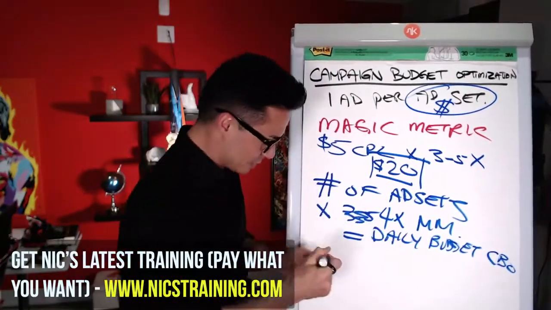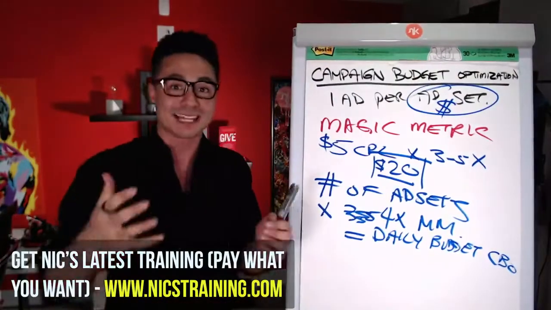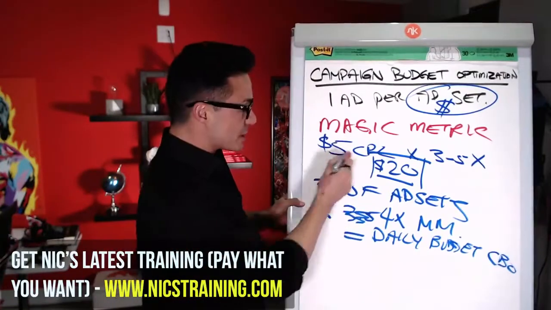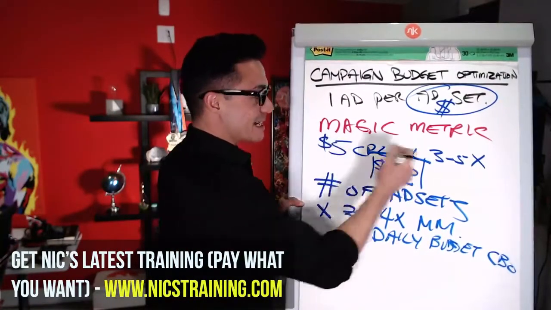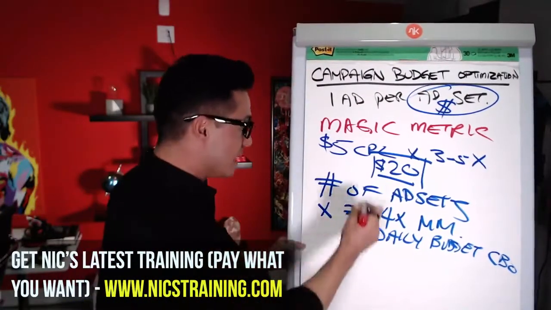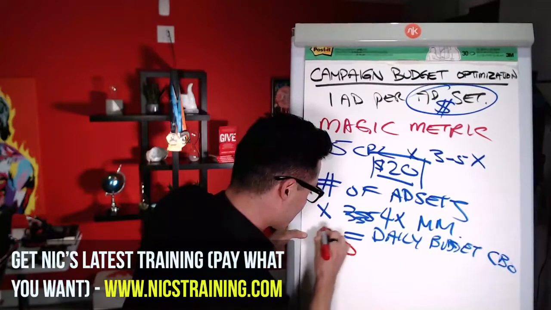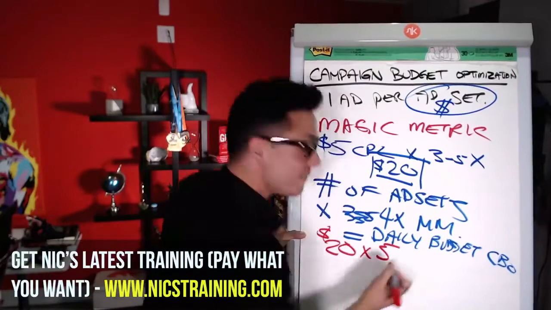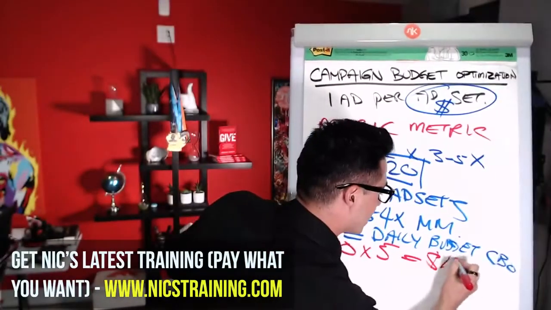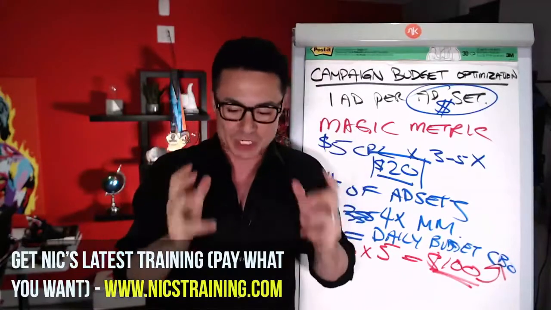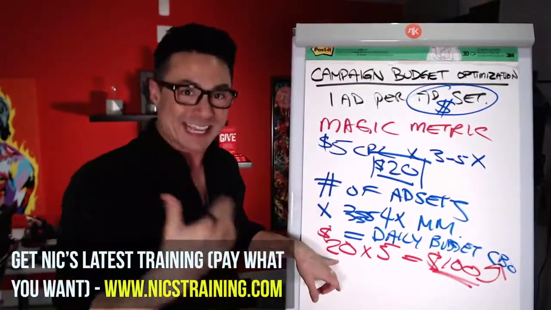Okay, let me just make sure that you can all see this. For the sake of this example, let's say you're running 5 different audiences and that's your split test. Keep in mind, magic metric is $5, and times 4 is $20. Essentially, your campaign budget optimization here is $20 times however many ad sets you have running. So in this case, 5, meaning $100 should be what you set your campaign budget optimization daily budget to